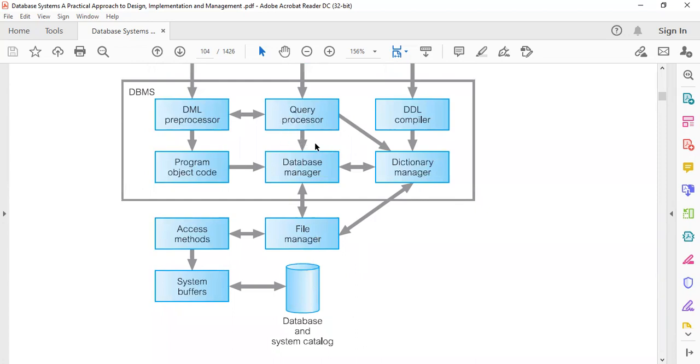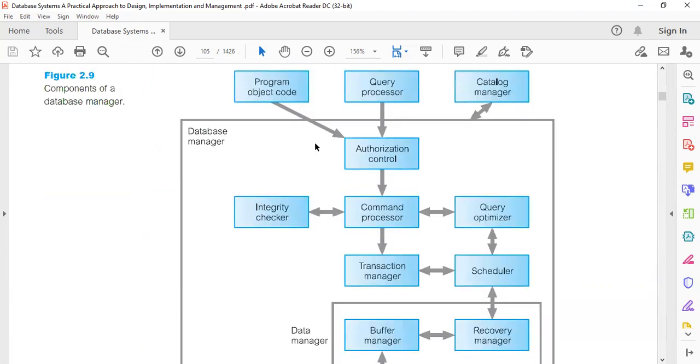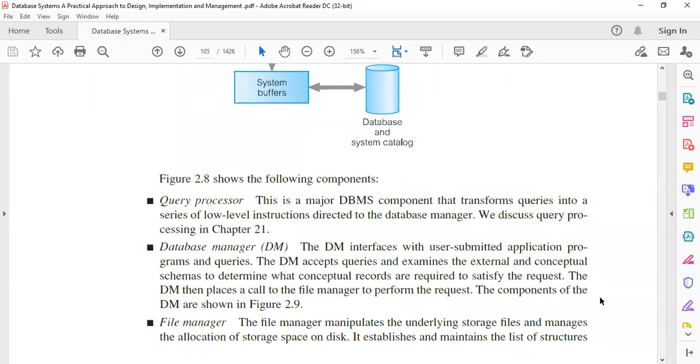Allow us to look at the first component of the DBMS. That is the query processor. So the query processor will be able to